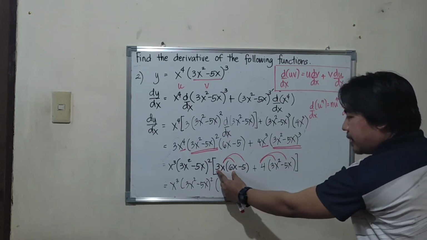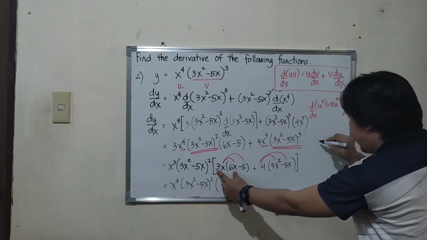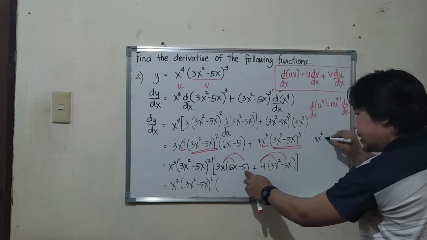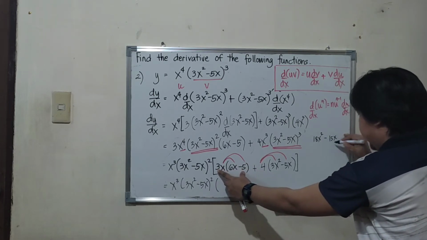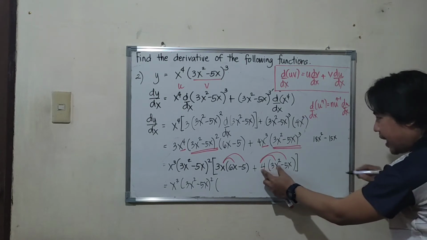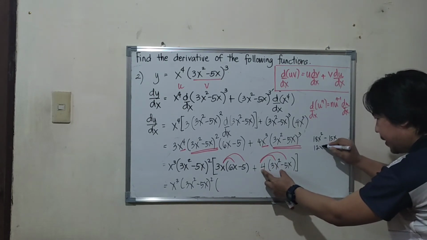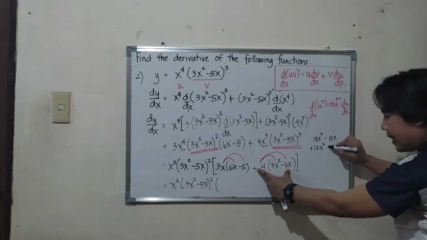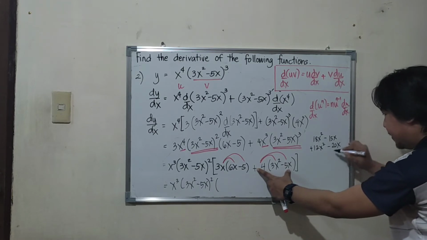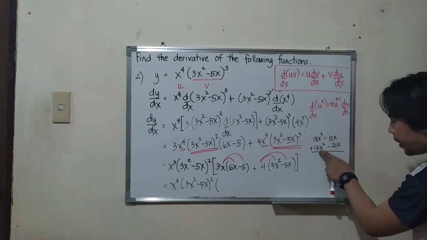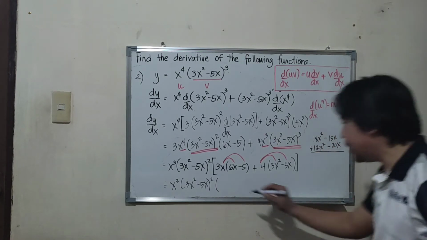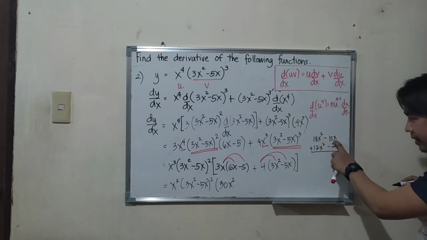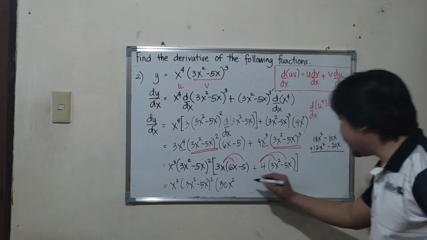So 3x times 6x, we have 18x squared, then 3x times negative 5, that is negative 15x. So i-combine na natin to. So 4 times 3x squared, that is 12x squared. So plus yan. Then positive 4 times negative 5x, that is negative 20x. So combine. So we have 18x squared plus 12x squared, that is 30x squared. Then we have negative 15 minus 20, that is negative